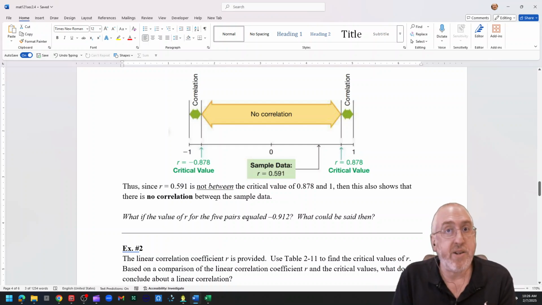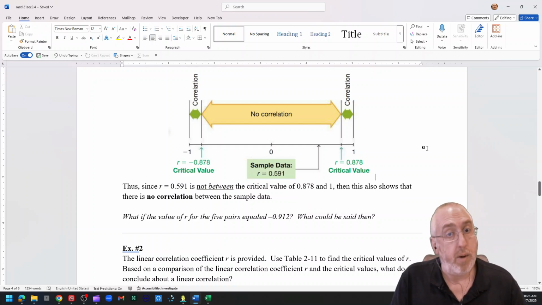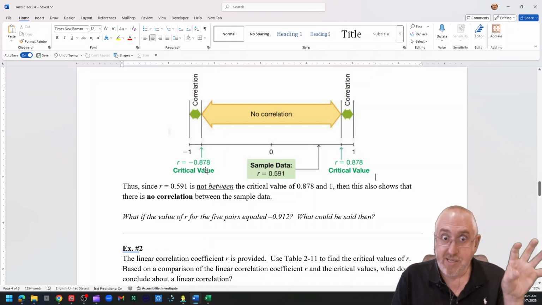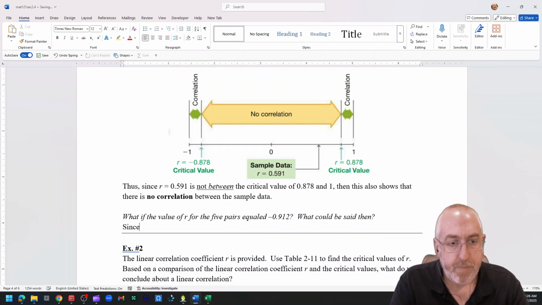Now, what if we had a different data set with 5 pairs of data and the R value was going to be negative 0.912? Well, we're doing the same thing. Where does negative 0.912 fall in our diagram up here? Negative 0.912 is going to fall right in this left-hand bucket. It's between -1 and negative 0.87. So because it's in that left-hand bucket, close to -1,